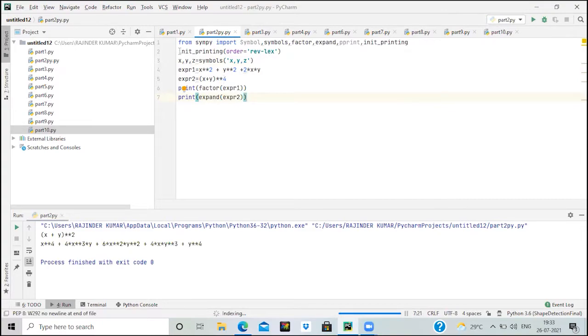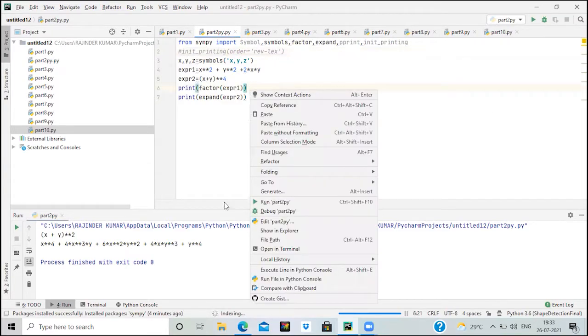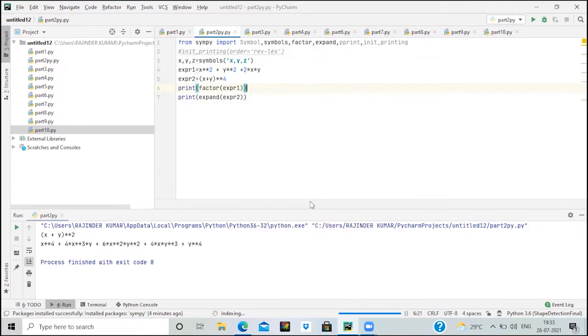If we just disable this statement and then run it, you would see that we would be getting a reverse of this, meaning we would be getting y to the power of 4 in the beginning and so on. So you can examine the output.